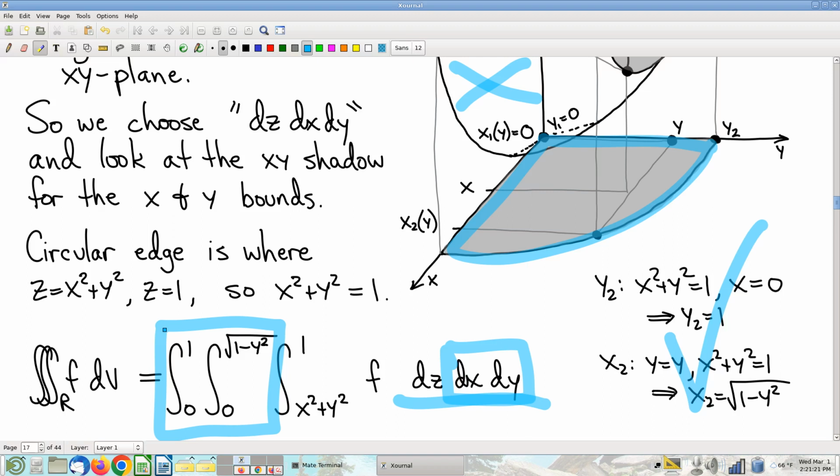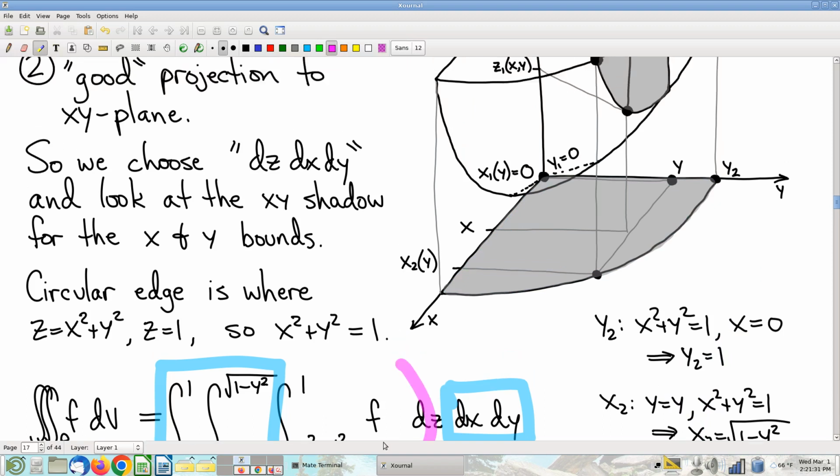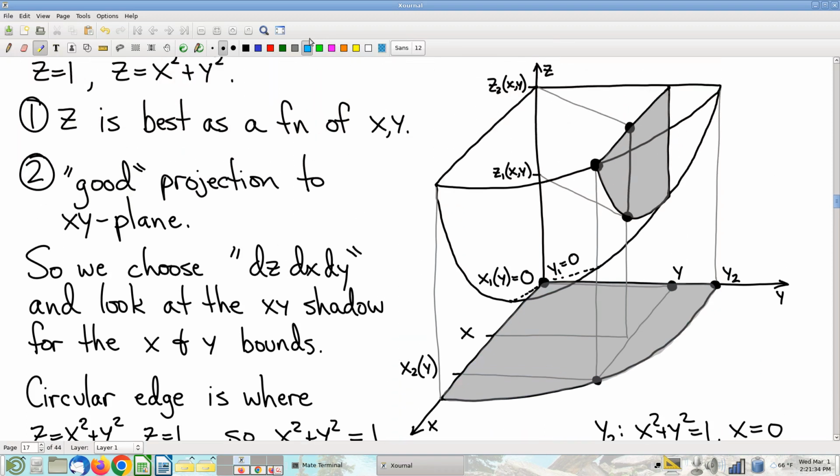Okay, cool. The last thing I got to do is I do have to figure out my z-bounds. My z-bounds are going to come from looking at, given a fixed x and y, I guess this would be an x slice of a y slice. I mean, we didn't actually draw it that way, and we don't have to have drawn this y cross section. But anyway, that's what a slice of a slice looks like, and to get this lower z bound, I just need to understand this point,